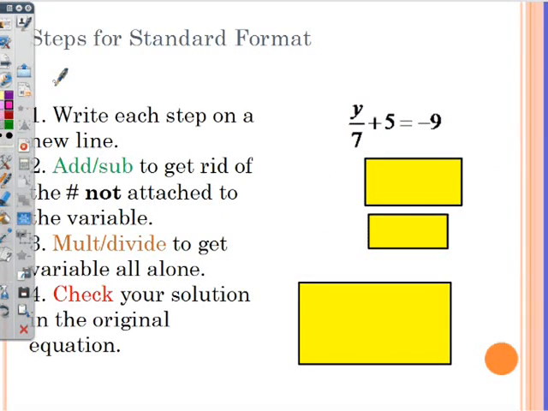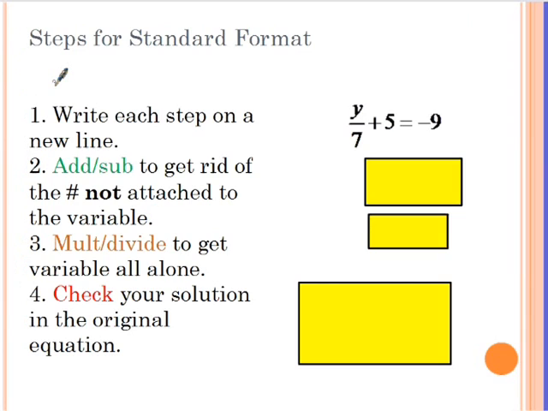Okay, let's get this bar to go away. I do request strongly that you use what I call the standard format for showing your work, right? You write each step on a new line. We're always going to start by adding or subtracting to get rid of the number not attached to the variable. You can write these steps down in the space below where it says solving two-step equations there in your notes